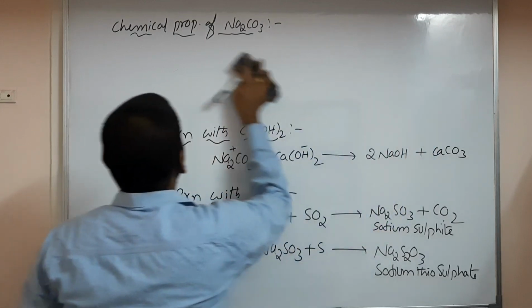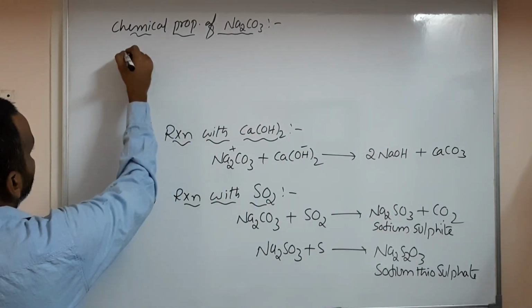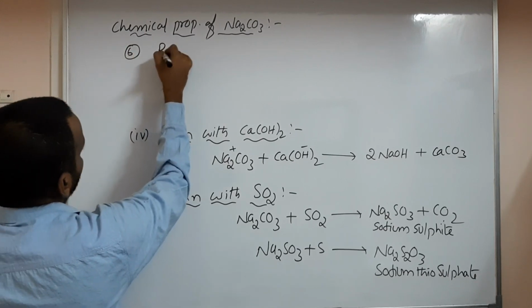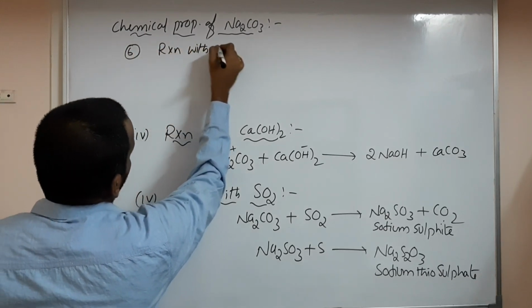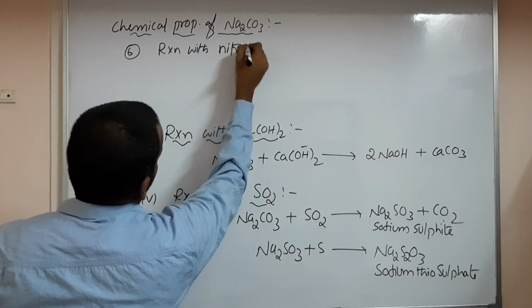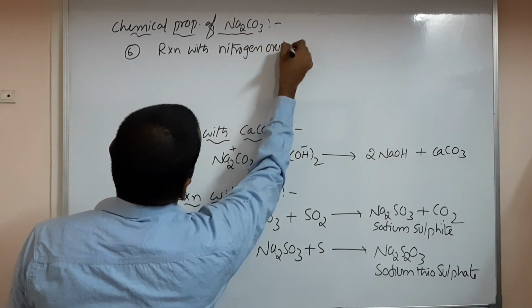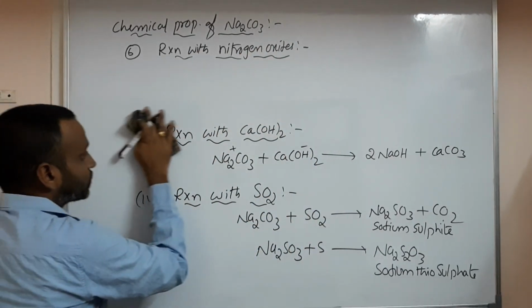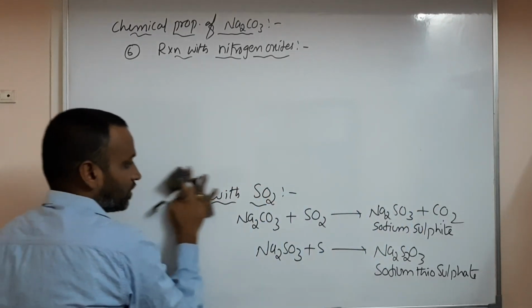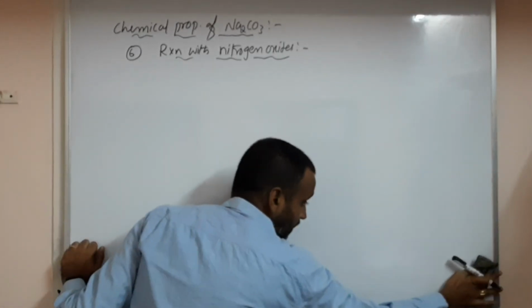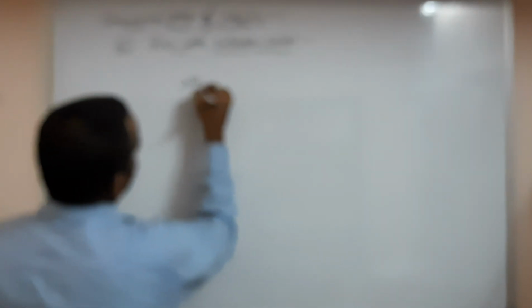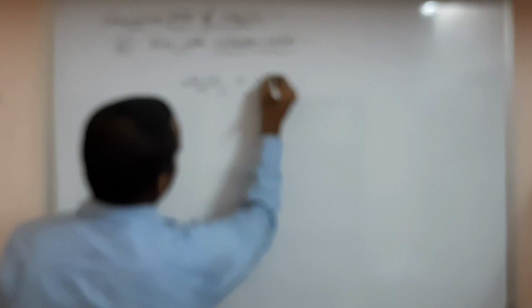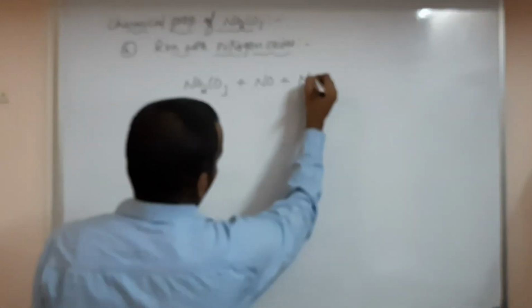And the last and final one I will give you, that is the sixth. What is that sixth one? A reaction with nitrogen oxides. Nitrogen monoxide and nitrogen dioxide both will react. So this is sodium nitrite manufacturing, NaNO2. Nitrate is different, NaNO3. So what will you have? Na2CO3 when reacting with NO and NO2,